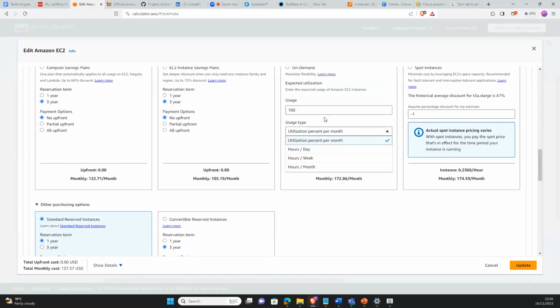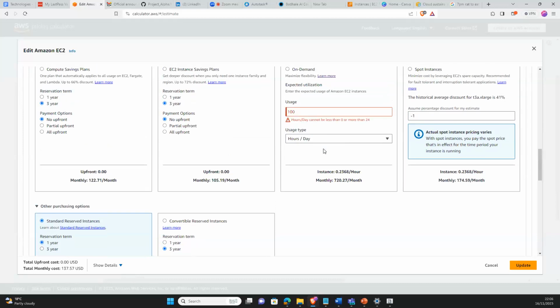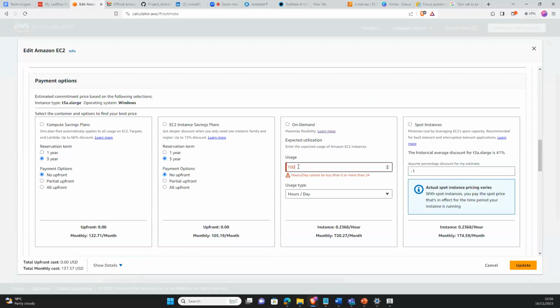So for 20 minutes, let's say you have hours per day. Then you'll put in, so we have 24 hours. You'll convert the 20 minutes, that will be 20 divided by 60? That is a third of an hour. So you'll put in the decimal equivalent of a third. I have a calculator here. It is 0.33. So for hours, you'll put 0.33. Then it will show you the cost that you'll have.